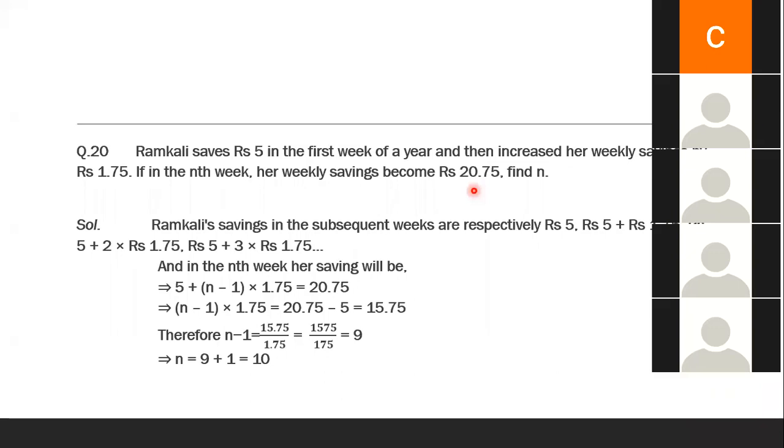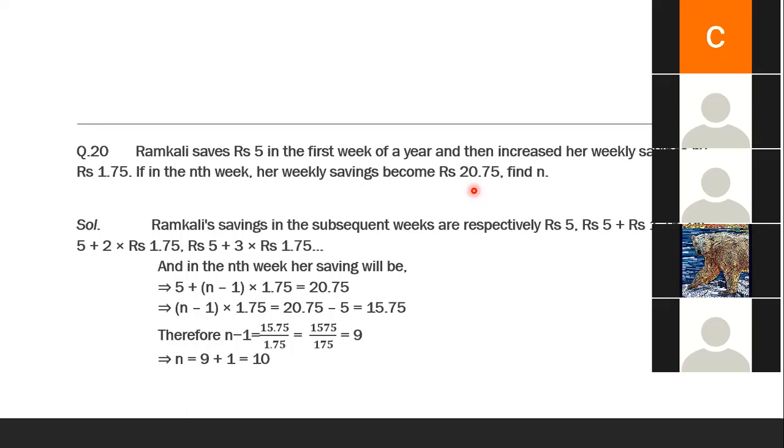Am I clear, children? So now I'm going to explain. Till now we have learned finding A value, D value, N value or nth term. Only these are the things we have learned. Now I'm going to explain another new concept, sum of first n terms of an AP. For example, what is the sum of first 5 prime numbers? You need to add 2 plus 3 plus 5 plus 7, and then the next one after 7, 11.